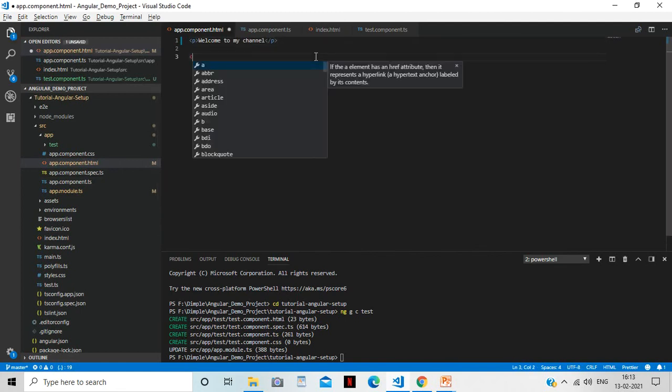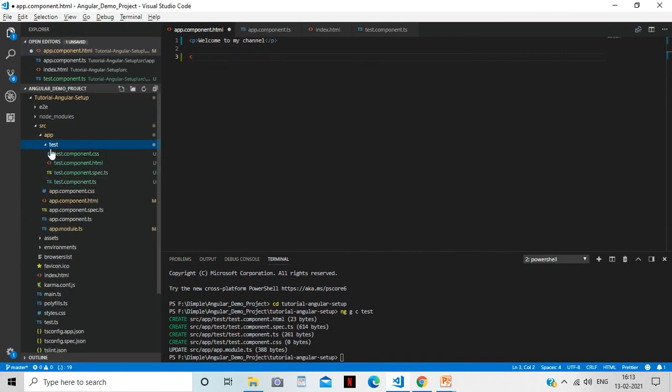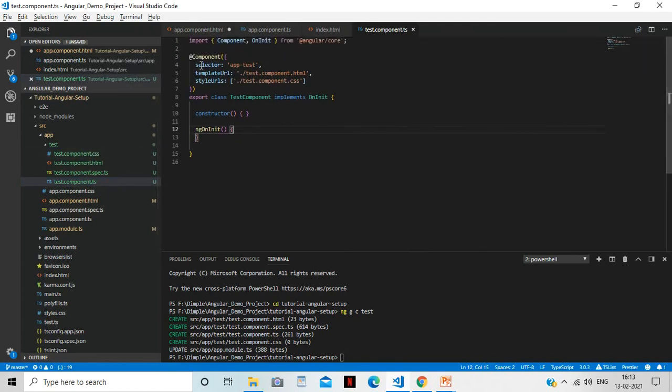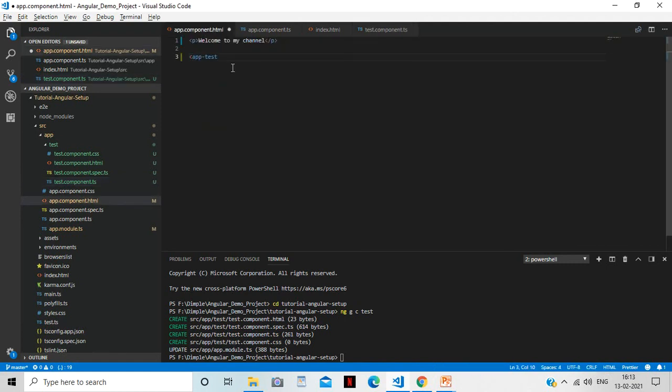Then I can just give the tag name. What tag name do I have to give? I have to go to the component.ts file and see the selector. The name of the selector is app-test. Just copy that and use the custom tag like this.